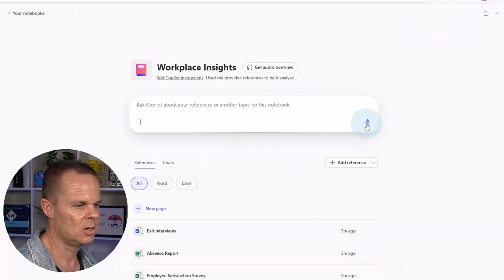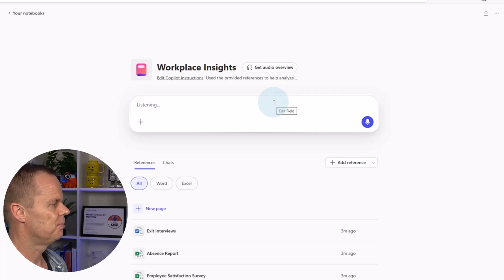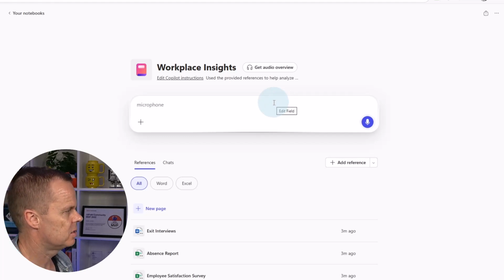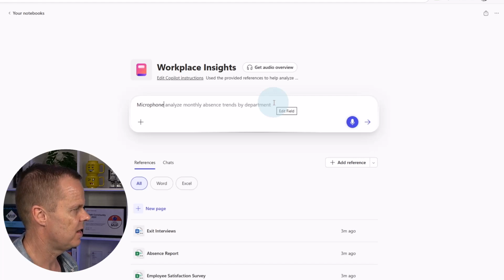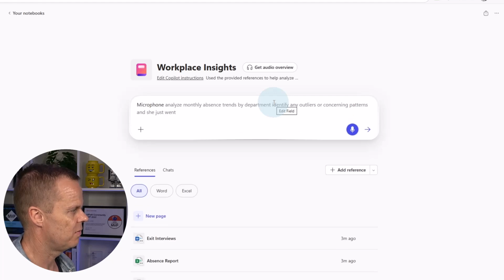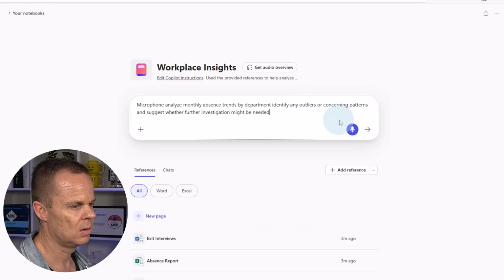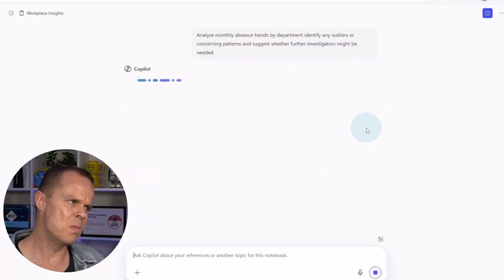Writing takes time, and I can also use my microphone here. Analyze monthly absence trends by department. Identify any outliers or concerning patterns and suggest whether further investigation might be needed. And because I said microphone in the beginning, I'll just do that. But as you can see, it's much faster